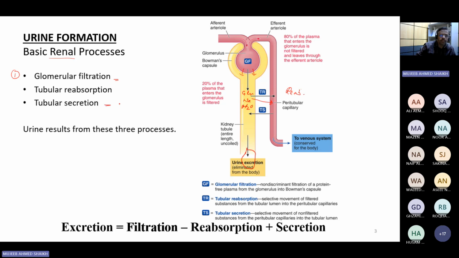Then, not all the plasma is filtered here. Let's say 1 liter of plasma is entering here. Let's say 1 liter is coming to the Bowman's capsule, into the glomerulus. Out of that, as it is a continuous process,